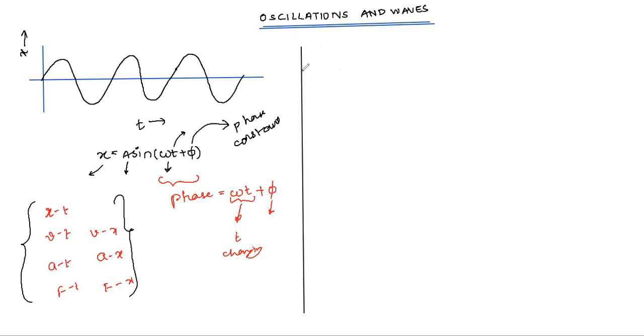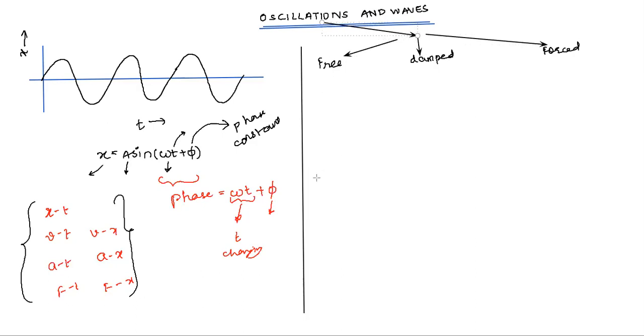But we also learned something yesterday, or something which had to be introduced yesterday, that was three different kinds of oscillations exist. One are called free, the other are called damped, and the third part is called forced. So what do I mean by all of this? I hope you all have read this. Your NCERT book gives you a little bit of good instruction about all three of them, right? So these are different kinds of oscillations that can happen.